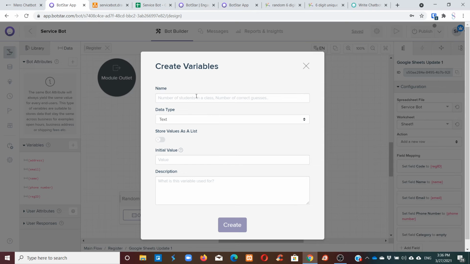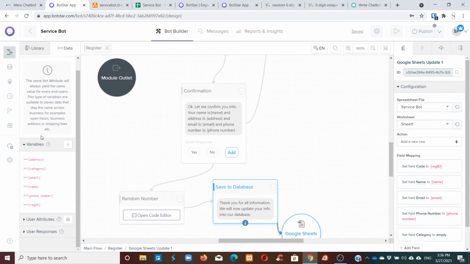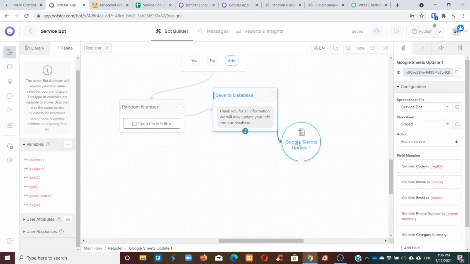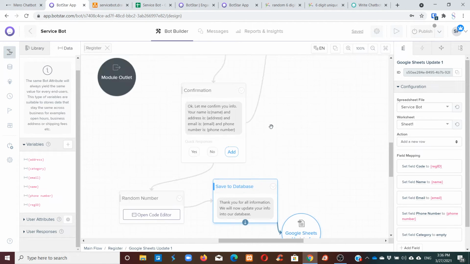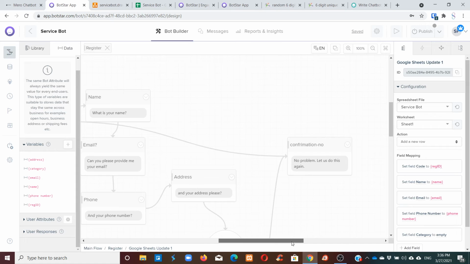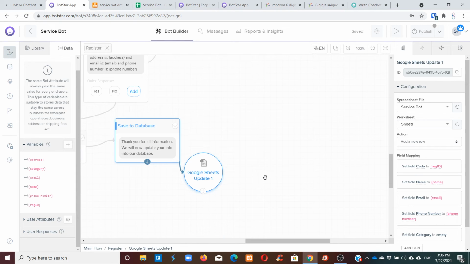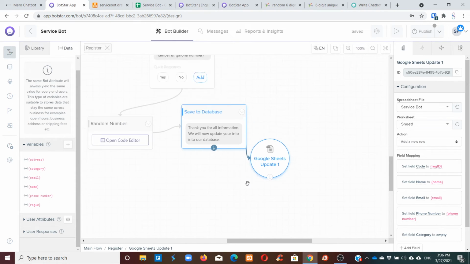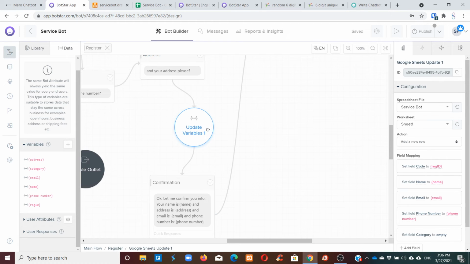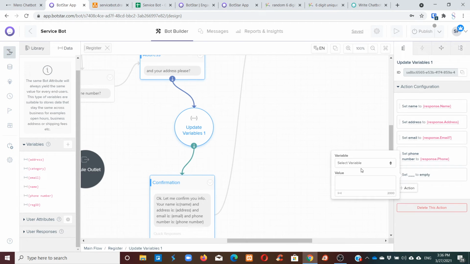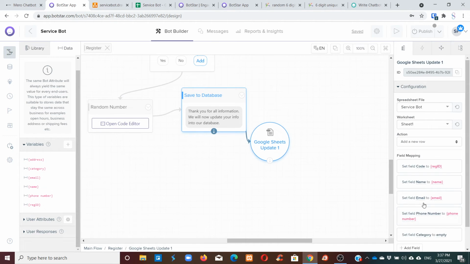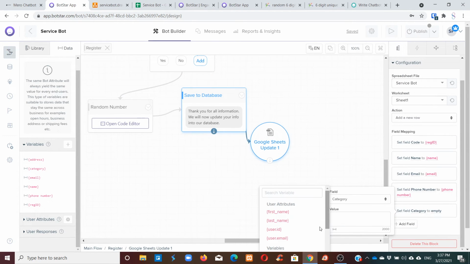So let's see, like category here, and then we will need to, what did we call it? The confirmation category. Okay, so we will have to, where was that? Here, update variable. We'll have to go to category and set it to response.category. Okay, now we have all the information, and let's do the same thing here, category to